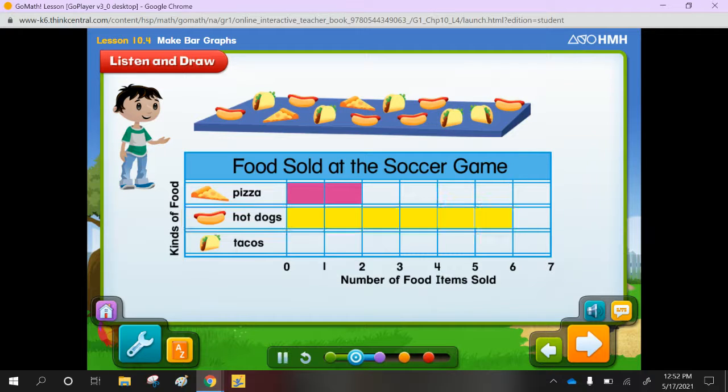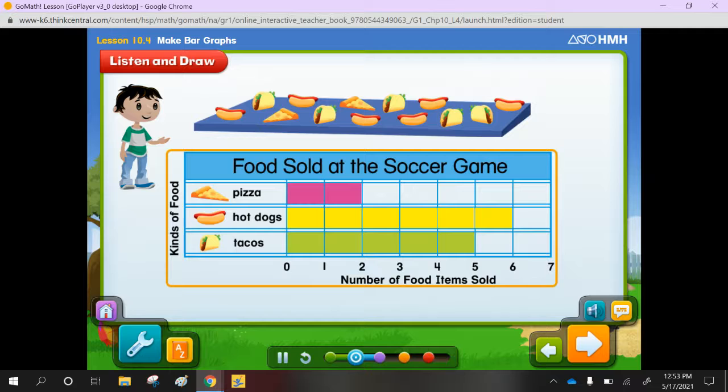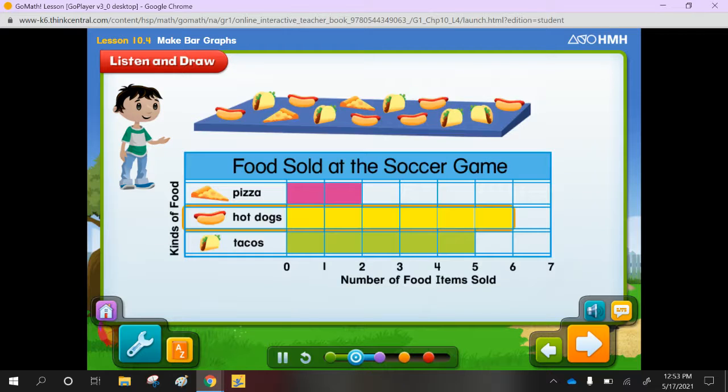How many tacos did Dan sell? 1, 2, 3, 4, 5. Dan sold 5 tacos. Now your bar graph shows the number of each kind of food that Dan sold at the soccer game. What does your graph show about the food Dan sold? You can see that the row with hot dogs is the longest, so Dan sold more hot dogs than any